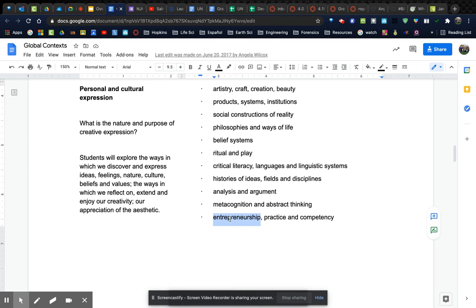whatever. When I look at the definitions, students will explore the ways in which we discover and express ideas, feelings, nature, culture, beliefs, and values. That seems like a definition that fits a lot better if students were given a choice of something that means something to them. Really, this is going to be the context of why the students would want to work at this project, right? Because they're going to be choosing something that has a value to them,